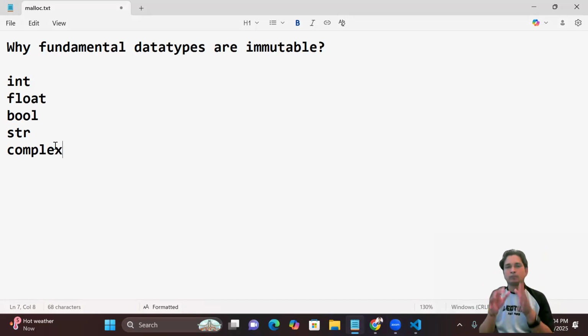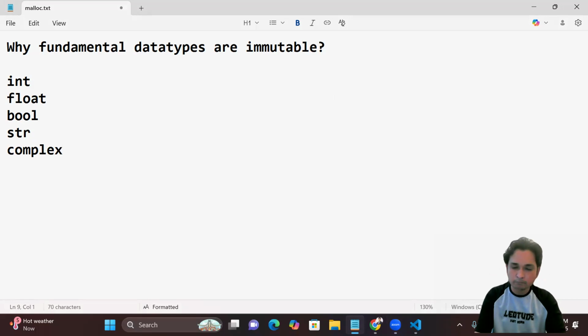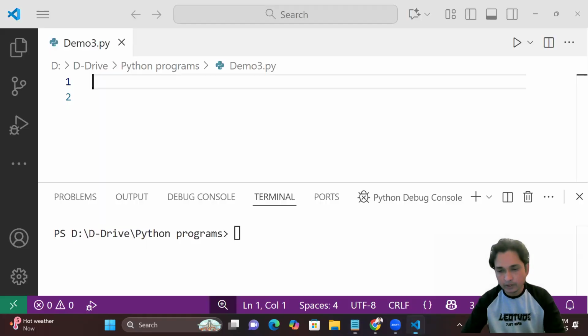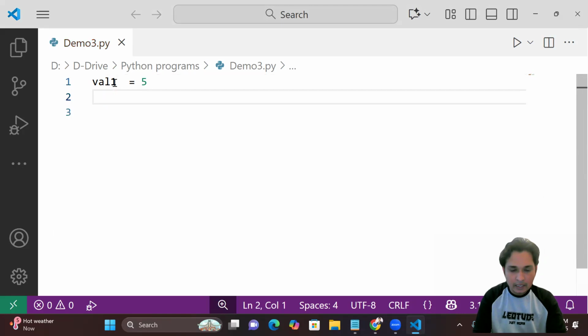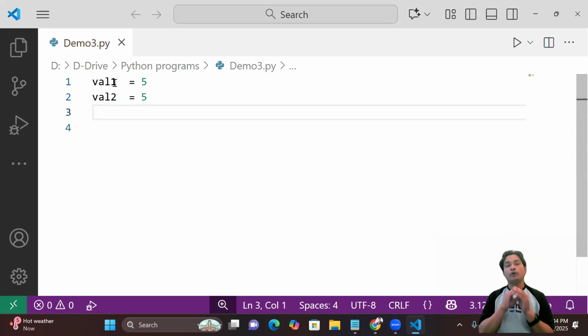So I'm going to explain this concept in terms of memory management. Let me check how this memory management works here, and this is going to help you understand. So understand, guys, if I take val1, the first variable, and provide the value 5, and a second time I take a different variable and provide the same value, like 5,